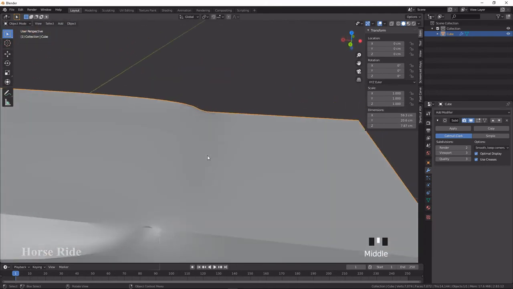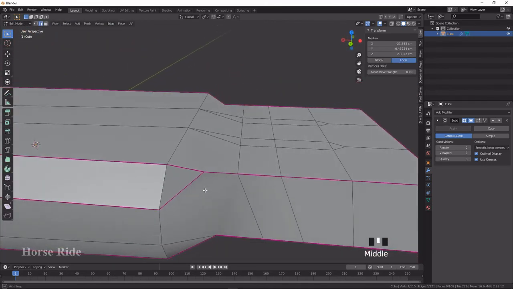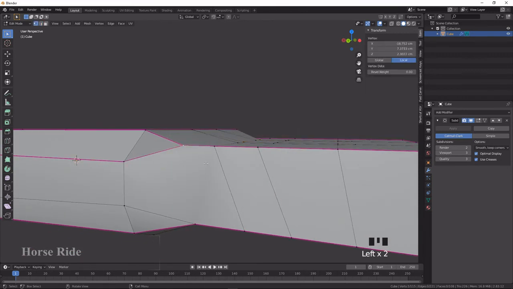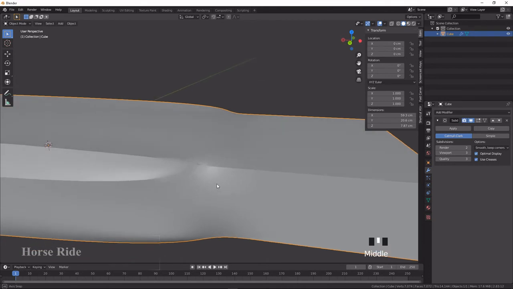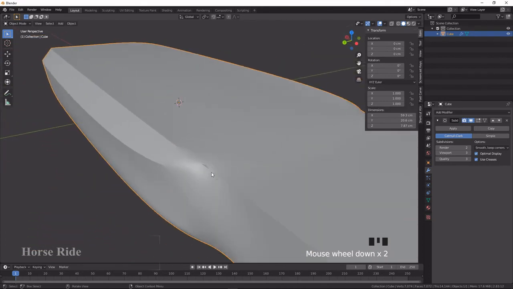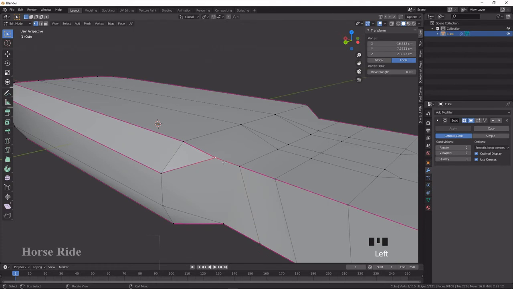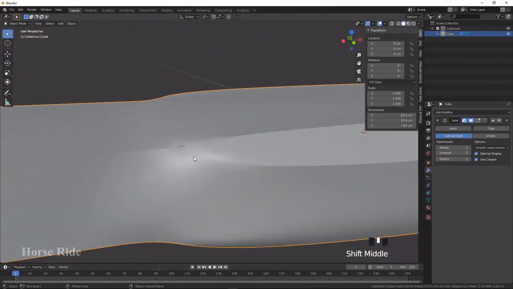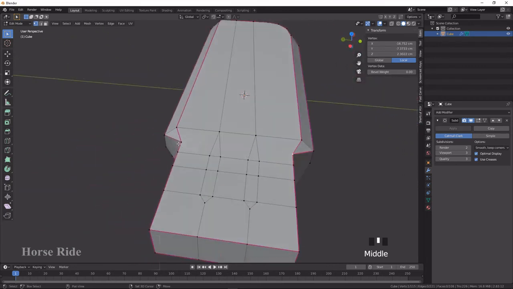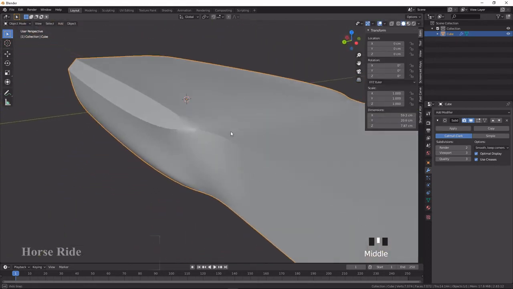So here something is happening. What I am going to do is press 1 on the keyboard, select this and press G, and you can move and see exactly where the issue is. Select this, scale it in the Y axis tightly. Okay, cool.